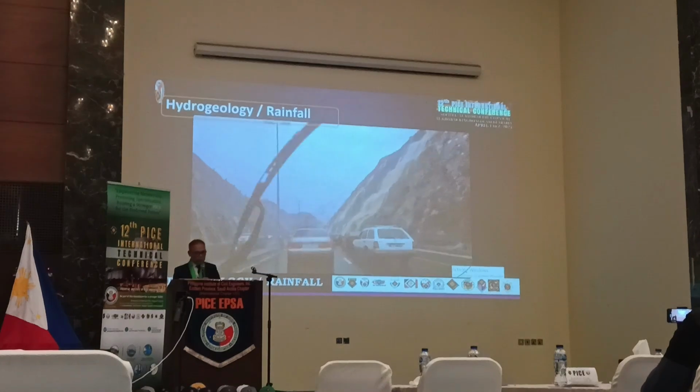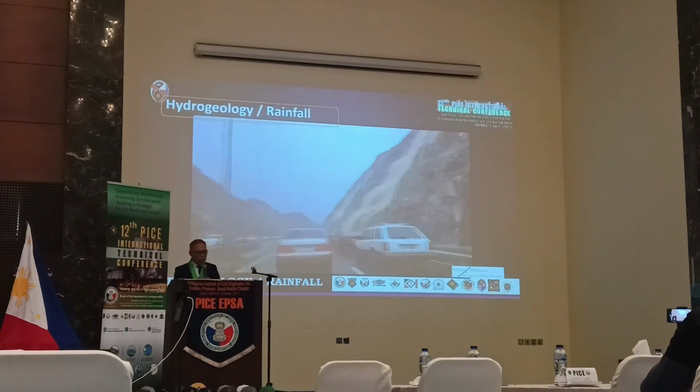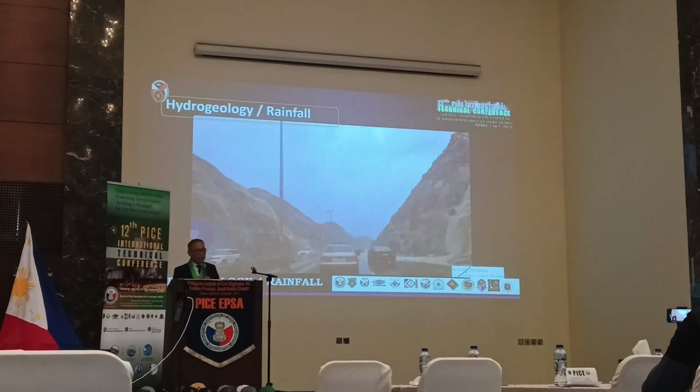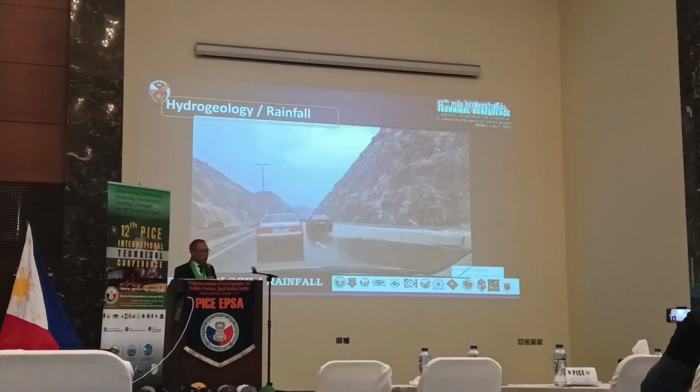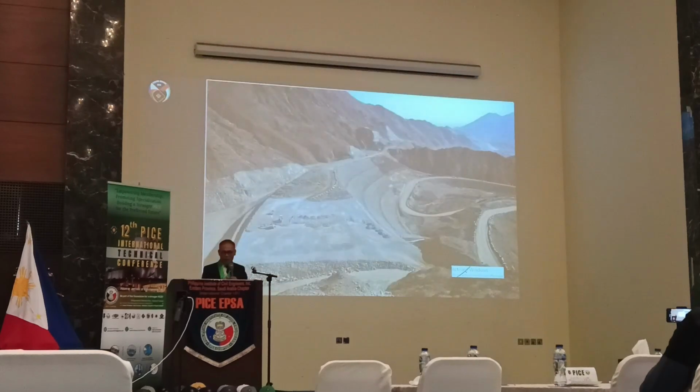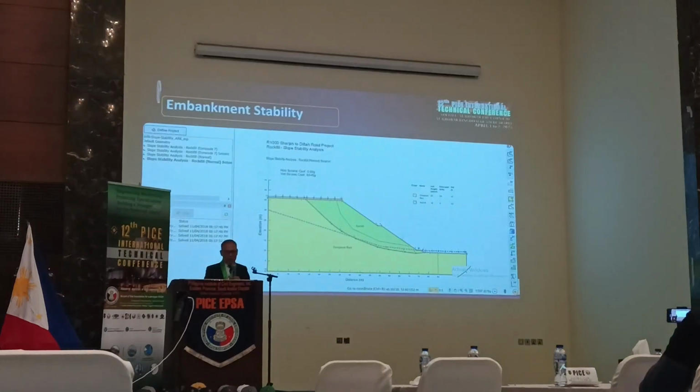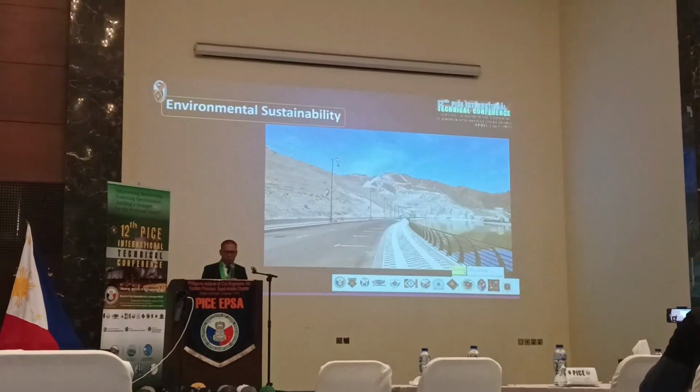So this is an example of surface runoff. During the construction and design, we don't find any groundwater, but the surface water, because it's a rolling terrain, you will end up like you are in a river. So imagine this without the drainage and hydrogeology assessment that has been done. So just a high embankment analysis as well, rock slope.